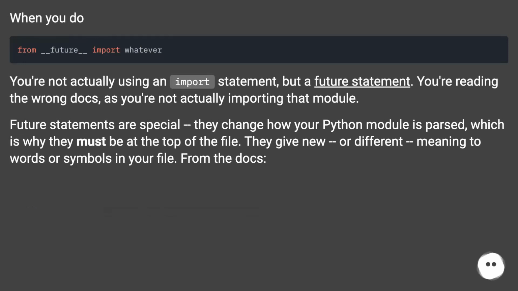When you do this, you're not actually using an import statement, but a future statement. You're reading the wrong docs, as you're not actually importing that module. Future statements are special, they change how your Python module is parsed, which is why they must be at the top of the file. They give new or different meaning to words or symbols in your file. From the docs,